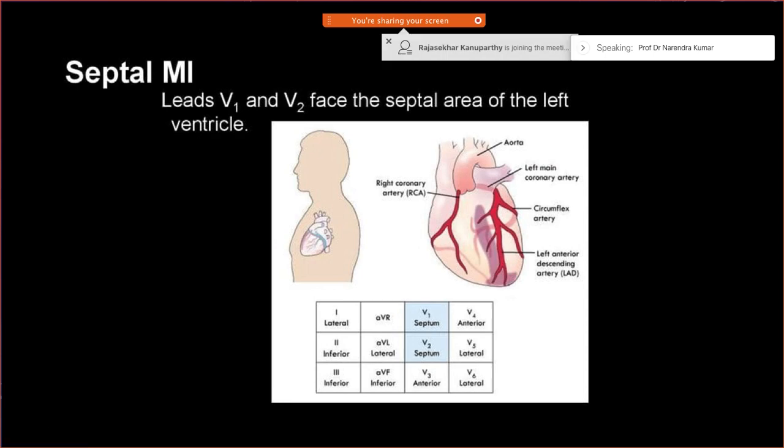Okay, so because these are the areas which are close to the septum. So if you try to recall,